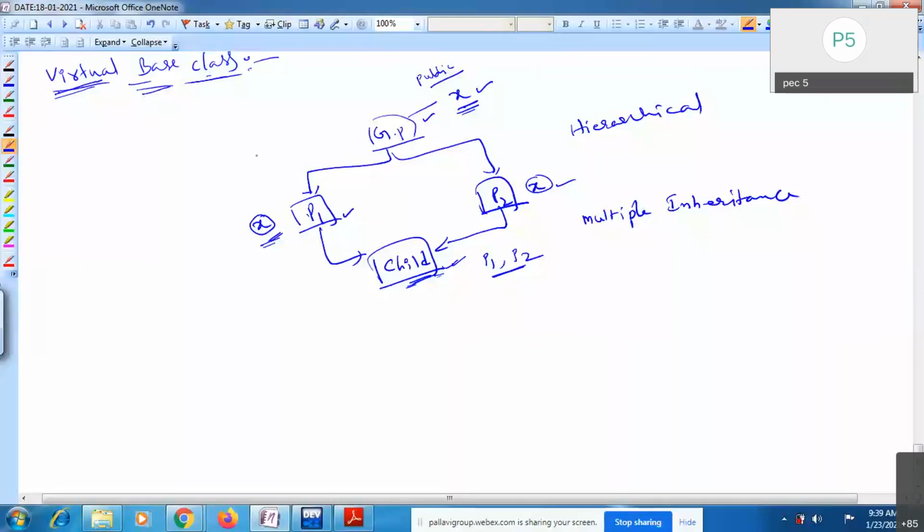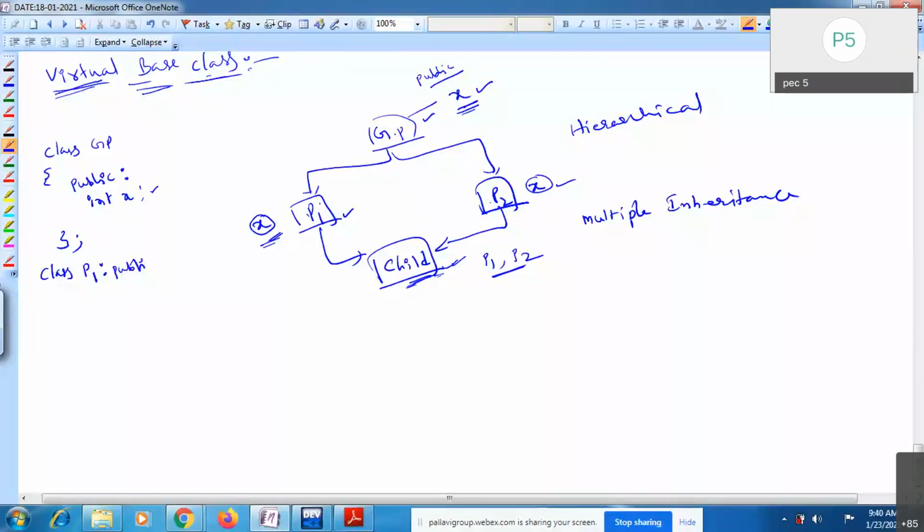How can you derive these two classes? Derived class means p1 colon public grandparent. Generally, to derive one class from another class, the syntax is class, colon, mode, and base class.